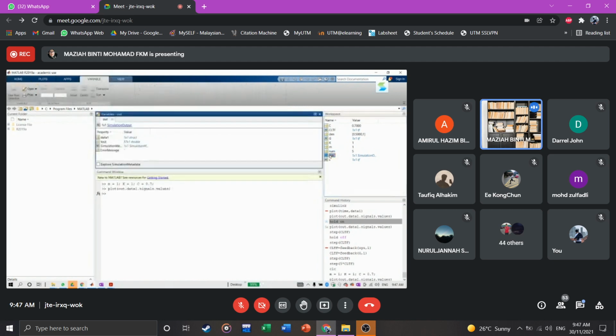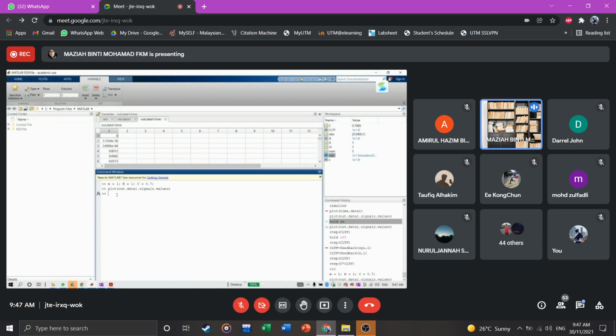So let's see what is the signal for time. Data 1. This is the time signal. Okay, so the command should be plot. For the x-axis, it is out.data1.data1.time. Comma. Then this is the name for the y-axis variable. This is the name for the x-axis variable. Okay, out.data1.time. Okay, that one. So if we plot that,